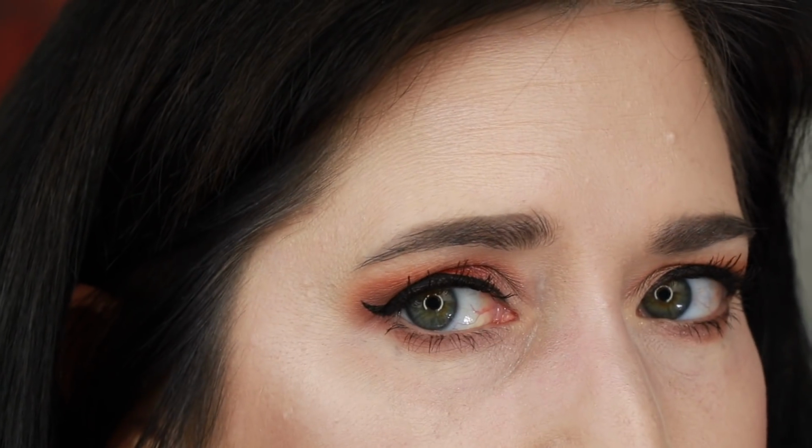But honestly, everything else really stayed in place. My nose looks decent. It's just starting to get a little bit heavy, but my cheeks look good. I can still see my blush, contour, highlight. My forehead looks fine. It's not really doing anything strange in between my eyebrows, which usually foundation does kind